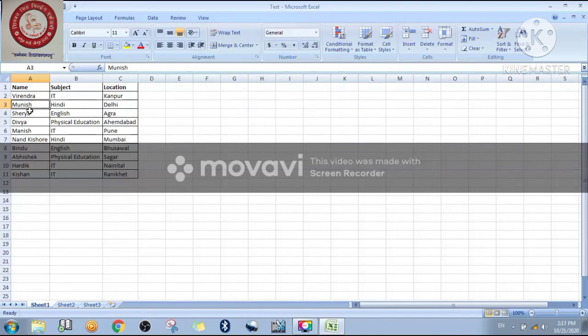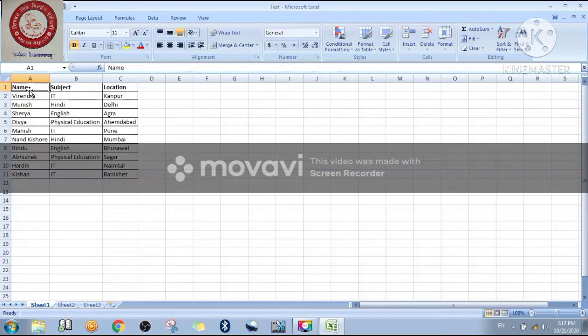Record means row. And what is the meaning of field? Field means column. Column means you have the same type of data inside it. If I talk about name, it is the name of the column. Here you will get only the details of name, right?